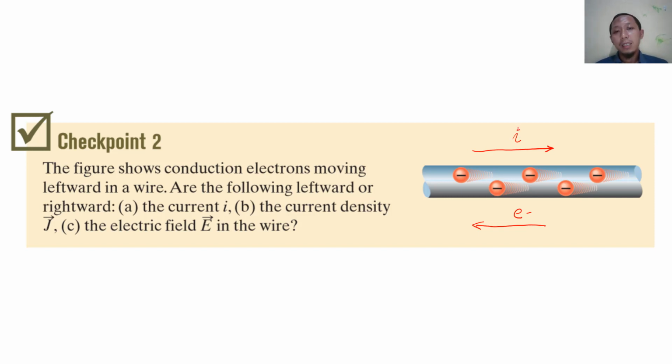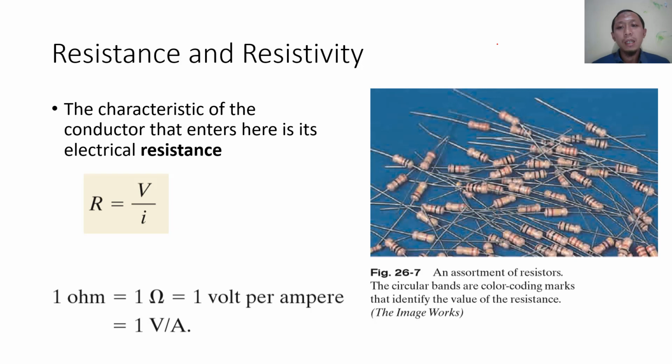And then what is the current density direction? If you remember the previous slide, the direction of the current density is also equal to the direction of the current. And the electric field direction in the wire is also similar to the direction of the current and the direction of the current density. Okay, so after discussing the current and current density, and the direction of the current density and the electric field,